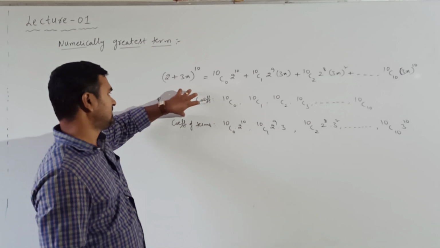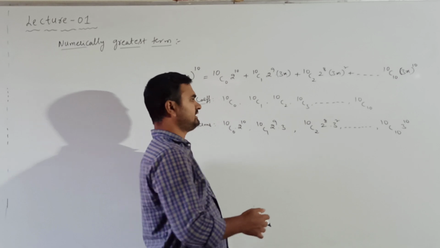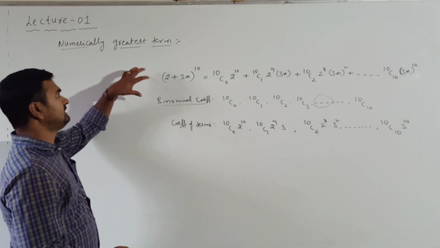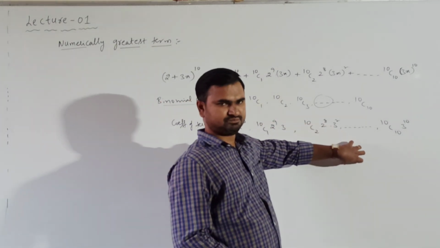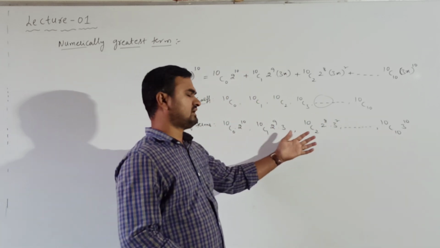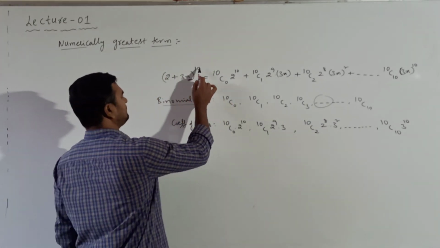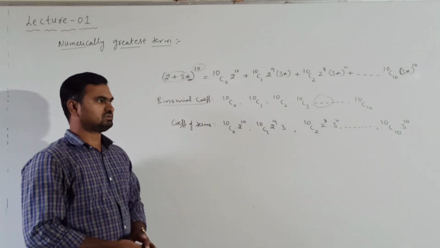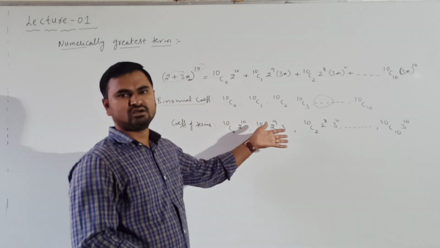So in the previous discussion, we took the greatest binomial coefficient, which is obtained in the middle term. That we already know. But the numerically greatest term may not always be obtained in the middle term. It may be the last term, or sometimes the first term, or it can happen anywhere depending on the value of x and the powers and the coefficients. So we cannot always say that the numerically greatest term will be obtained in the middle term.